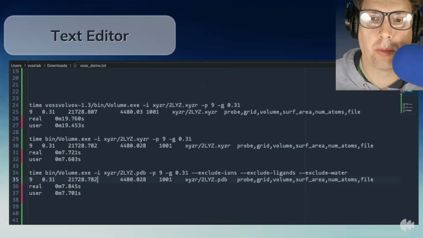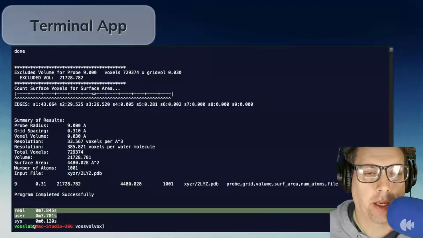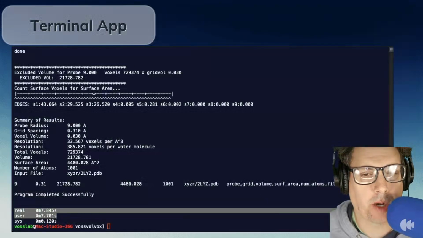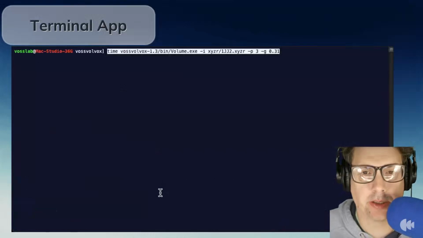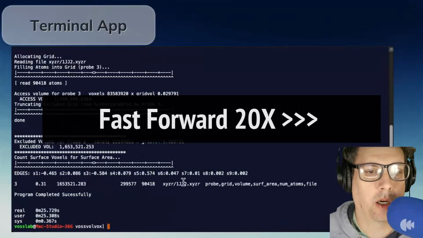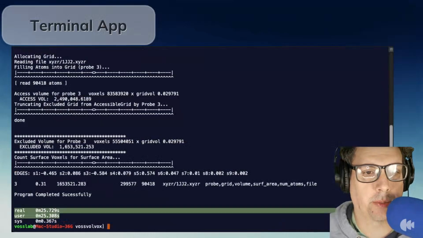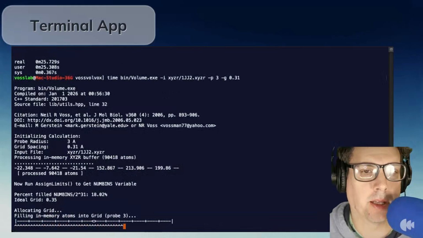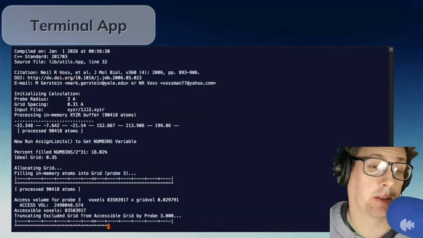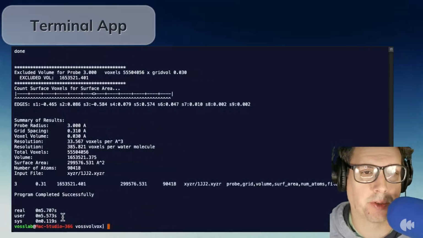So let's try one more demo. And this time I'm going to try it on my favorite ribosome structure, and that is 1JJ2. All right, that took 25 seconds. I'll put that down in my text file here. All right, now let's try it with the new version. My last test, it took about 5.5 seconds here. So it shows a probe size of 3